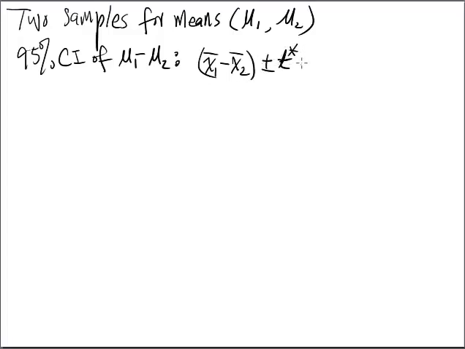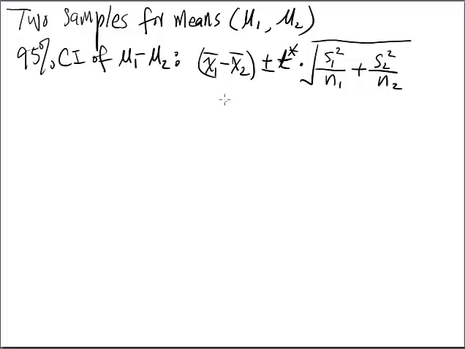Keep in mind, not 1.96, okay? Standard error: S1 square over n1 plus S2 square over n2,